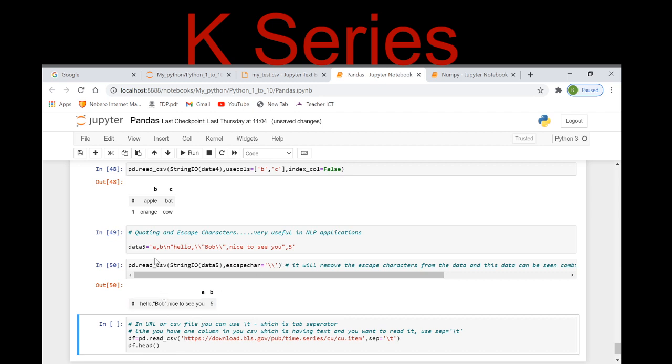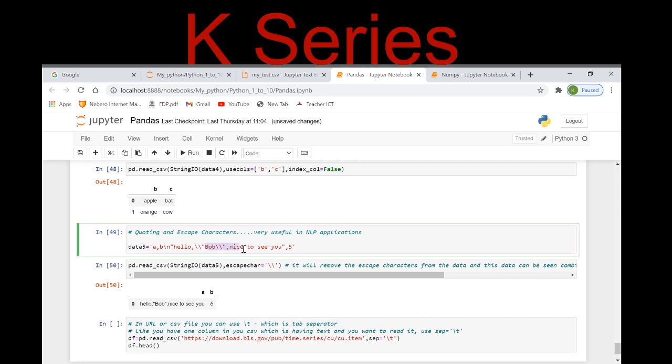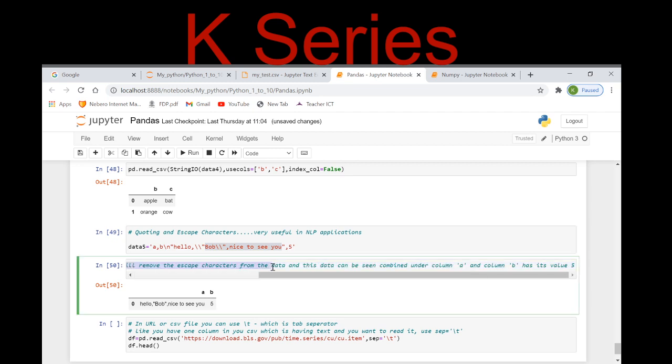See here, now A and B were the columns. I have written hello and Bob, and after this escape character, I have written nice to see you. So I just want that these should be combined in my columns. This should be considered as a single statement under the column. So what I need to give is the escape character parameter, so it will escape this particular symbol. It will treat it as an escape character, and it will join.